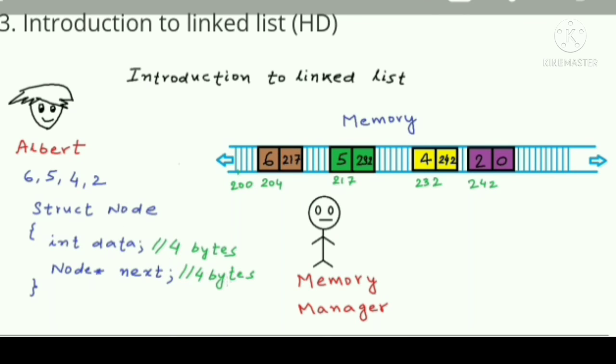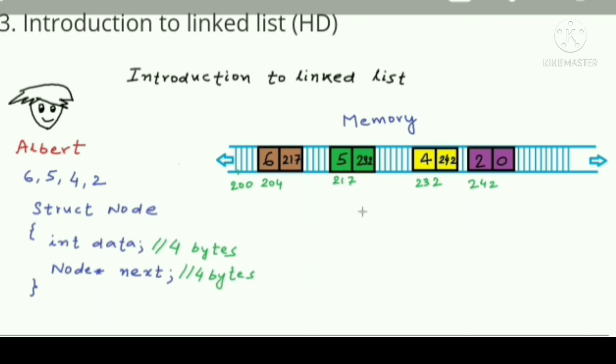So if we store the list like this in the memory as these non-contiguous nodes connected to each other, then this is a linked list data structure. The logical view of the linked list data structure will be something like this. Data is stored in these nodes, and each node stores the data as well as the link to the next node. So each node kind of points to the next node.